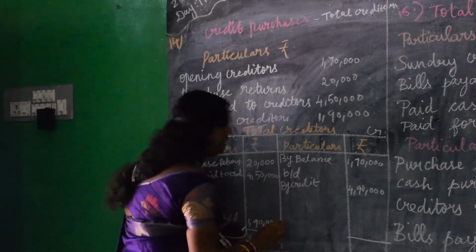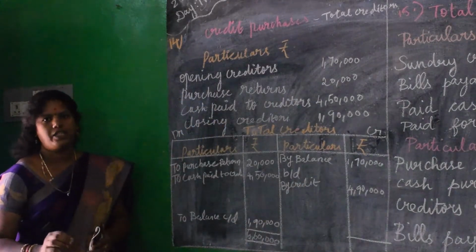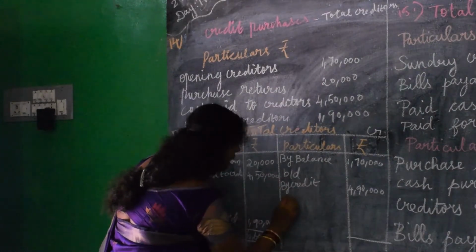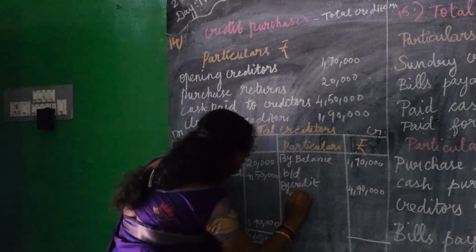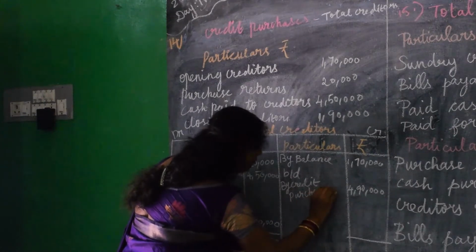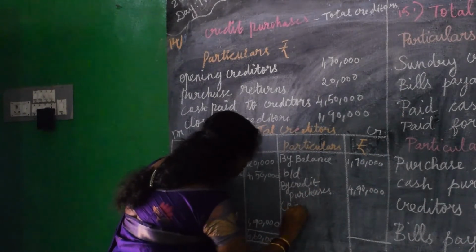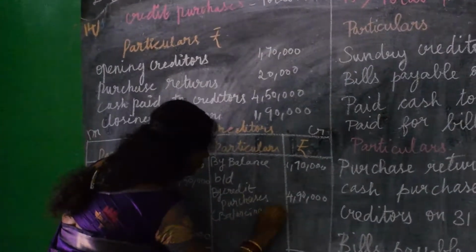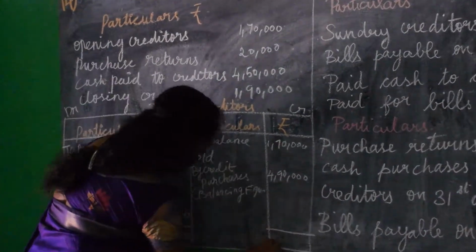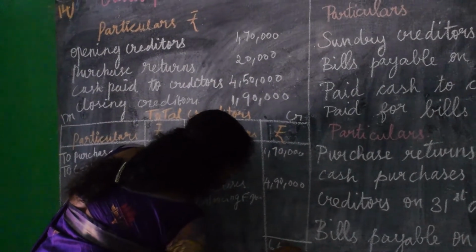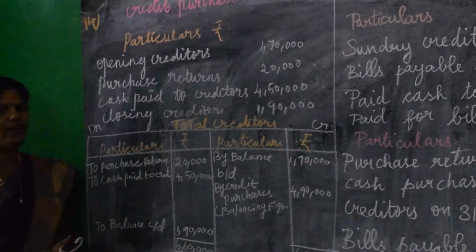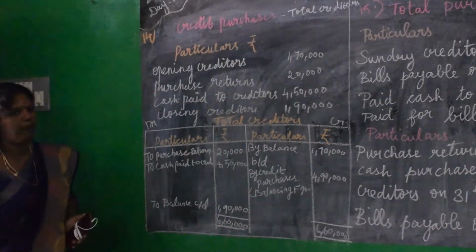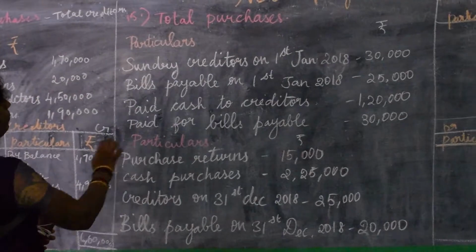We have bought a product, purchased a product on the credit basis. That credit purchase amount is 4,90,000. Right, here credit purchases. In the bracket, write balancing figure. Total both the sides and you will get 6,60,000. Is it clear? It's a very, very simple sum. Next problem. We'll proceed to the next problem, the 15th problem.